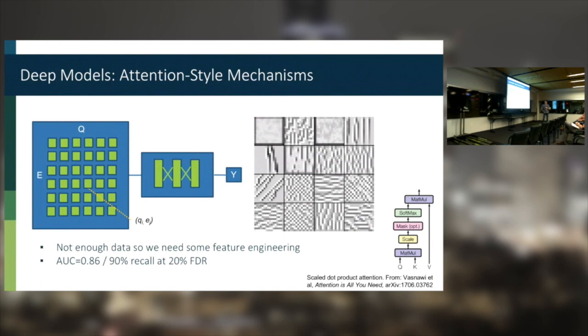Ultimately, it improves the performance up to an AUC of about 0.86 with almost 90% recall at that 20% level that I described before. Again, take it with a grain of salt because the amount of data that we have is not that high. But it certainly points the way towards, yeah, we can probably do a lot once we collect more data to solve this problem. And I think it's an interesting problem.